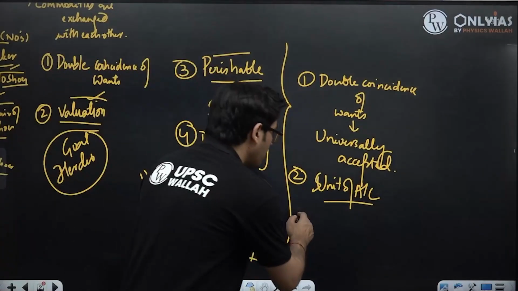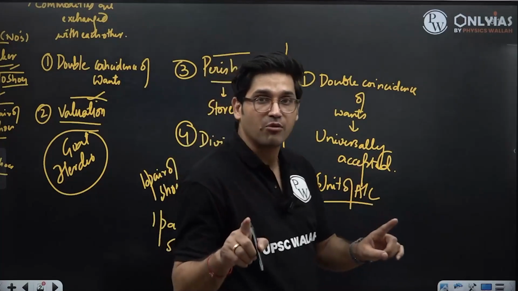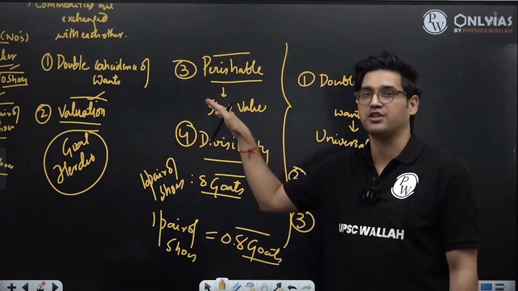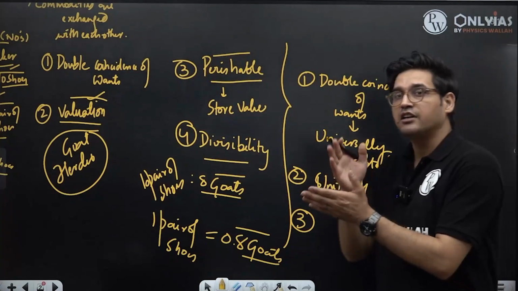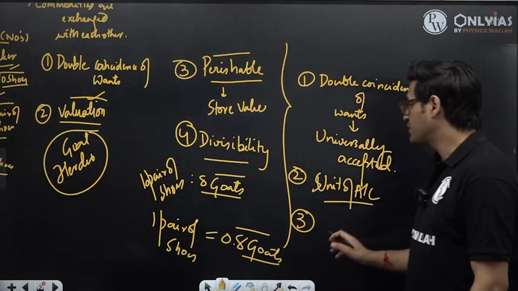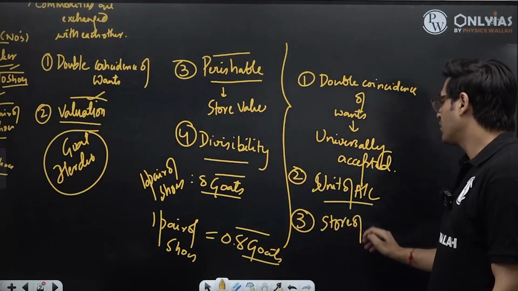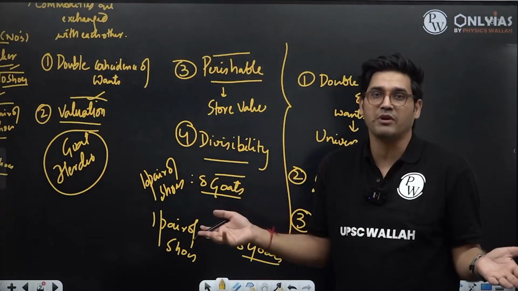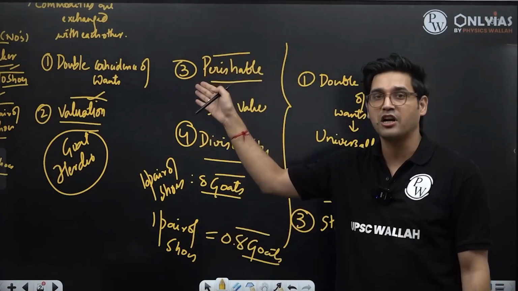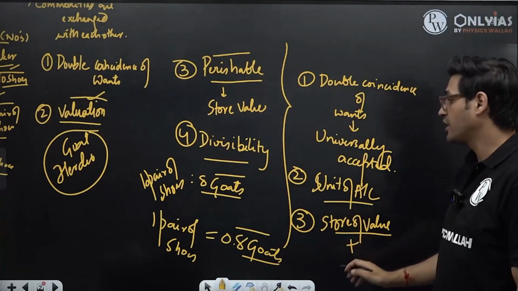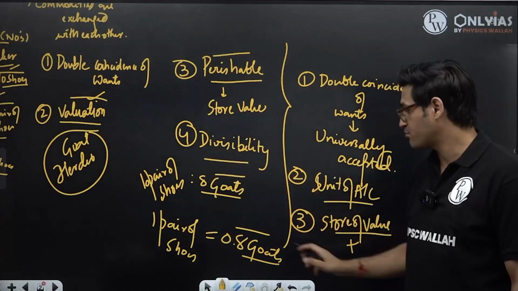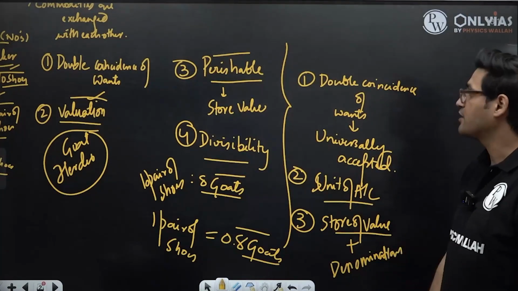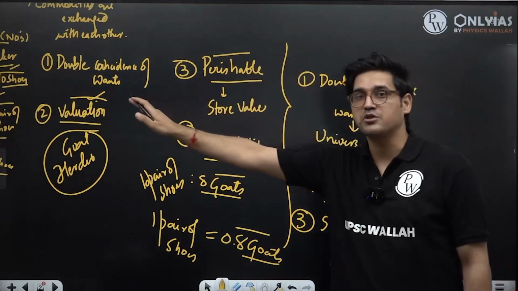The third problem is solved if I have one commodity which is divisible and also not perishable. That means if I have discovered one commodity which is going to hold value for me for a very long period of time because it is not perishable, then it solves for me the problem of perishability also. And the same item should be able to be easily divided. That means if I can have denominations of the same commodity, then each of the problems of the barter system are solved for.